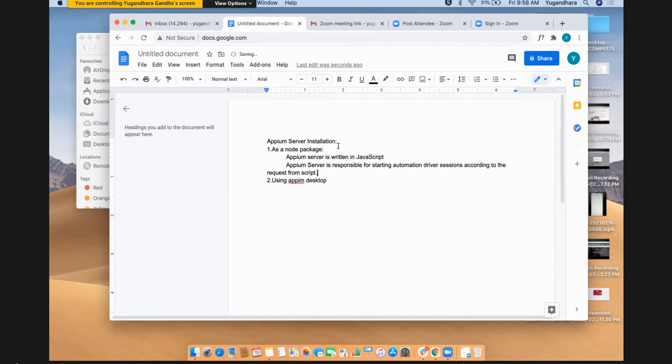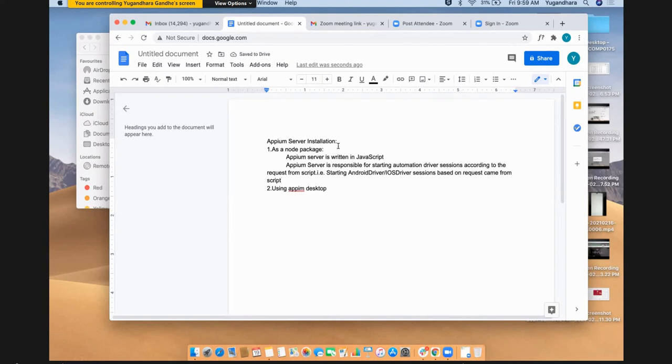So that is starting Android driver or iOS driver sessions based on the request that came from the script. So that is the job of the server, right?